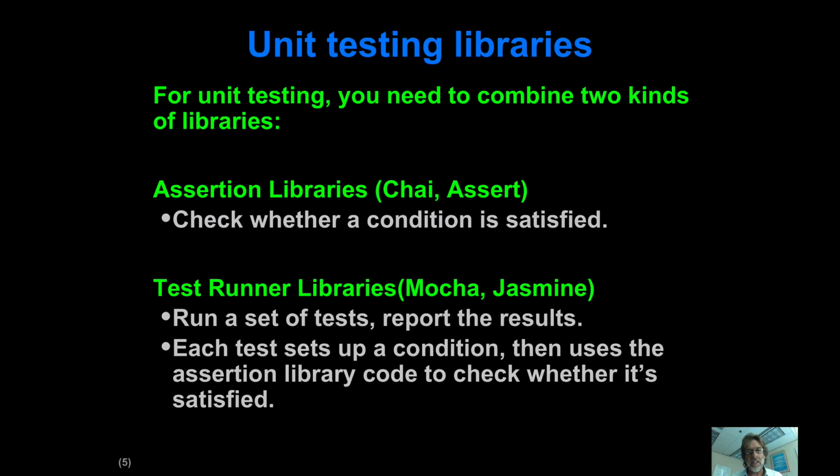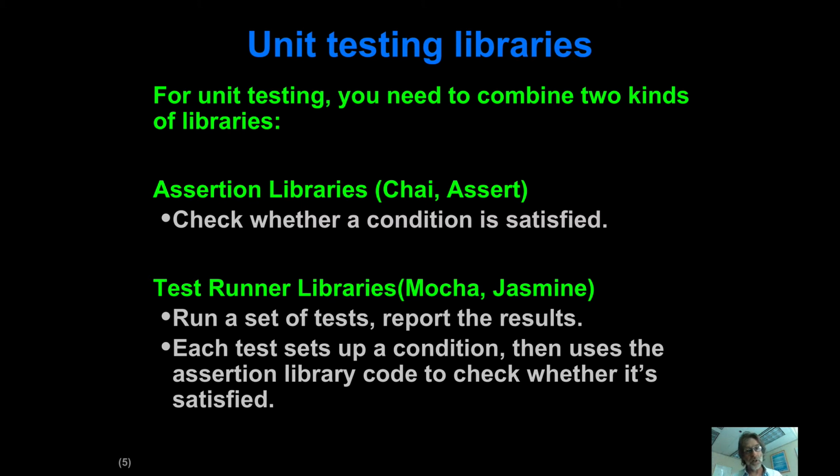Now it turns out that in JavaScript, the way the JavaScript community has split things up, they have a set of libraries for assertions. You typically pick one of these libraries for writing assertions, and you combine it with a library for actually running the tests and reporting on results. So you have assertion libraries and test runner libraries that can be mixed and matched, and that produces a tremendous amount of